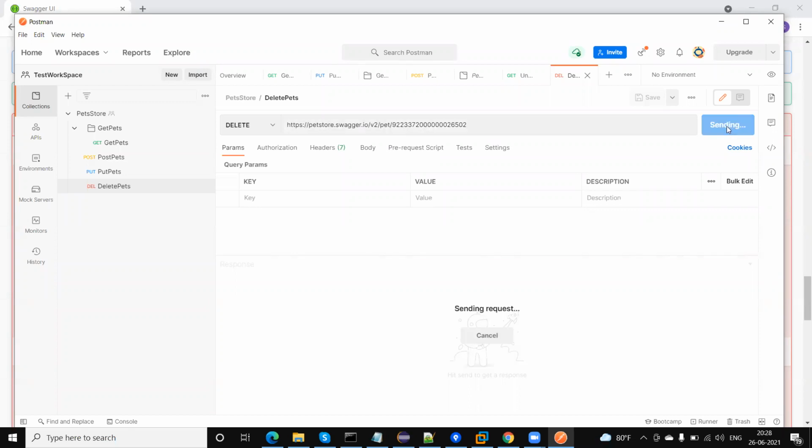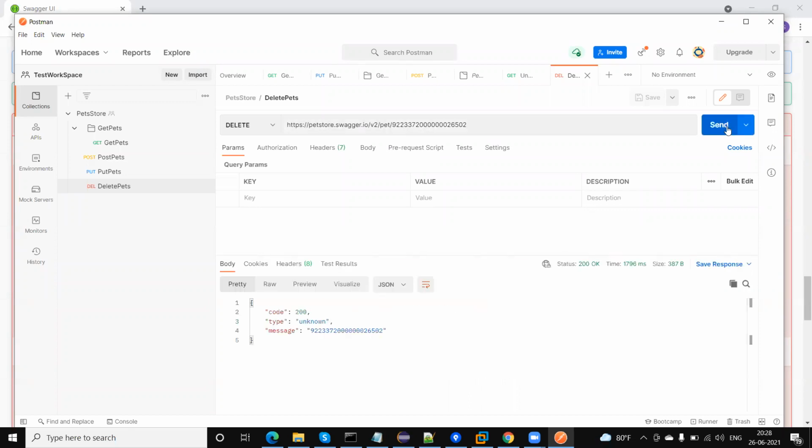Send the request. Yeah, so this is deleted, right? And if I send the request again, we will get the 404 because it is already deleted. So you can use this approach, you can use these features to automate the REST API in Postman.